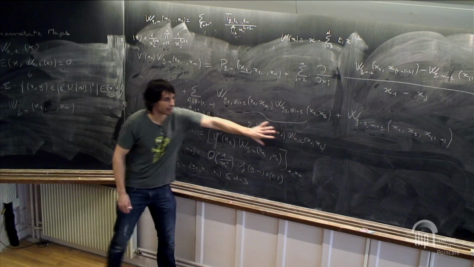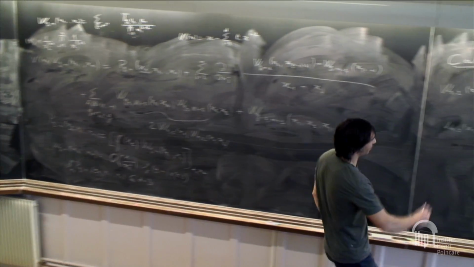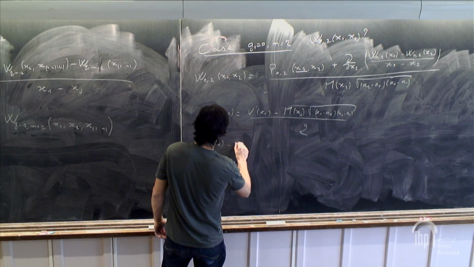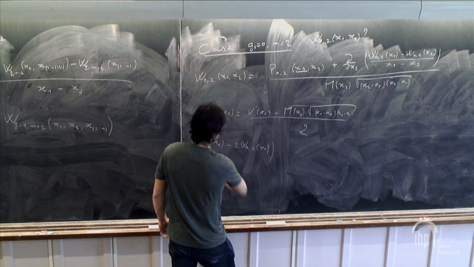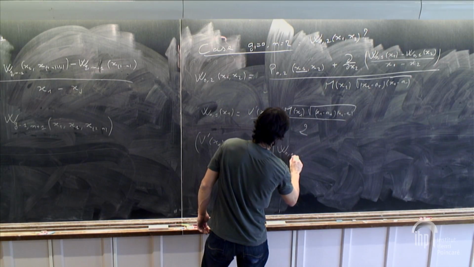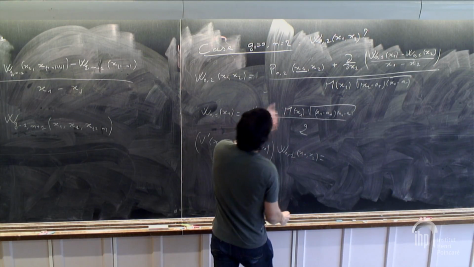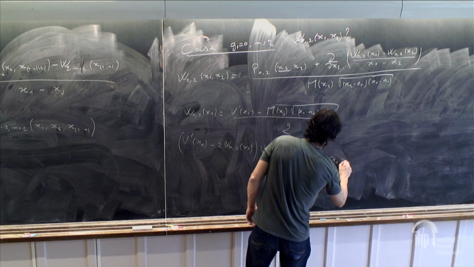So I take this to the other side. And it gives me, so I will go backwards if you want, v prime of x1 minus 2 times W01 of x1 times W02 of x1, x2 is equal to P02 of x1, x2